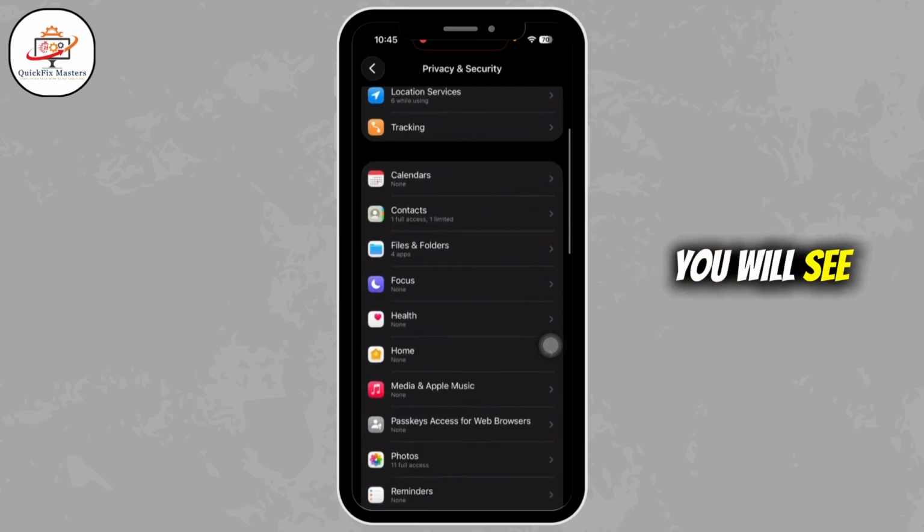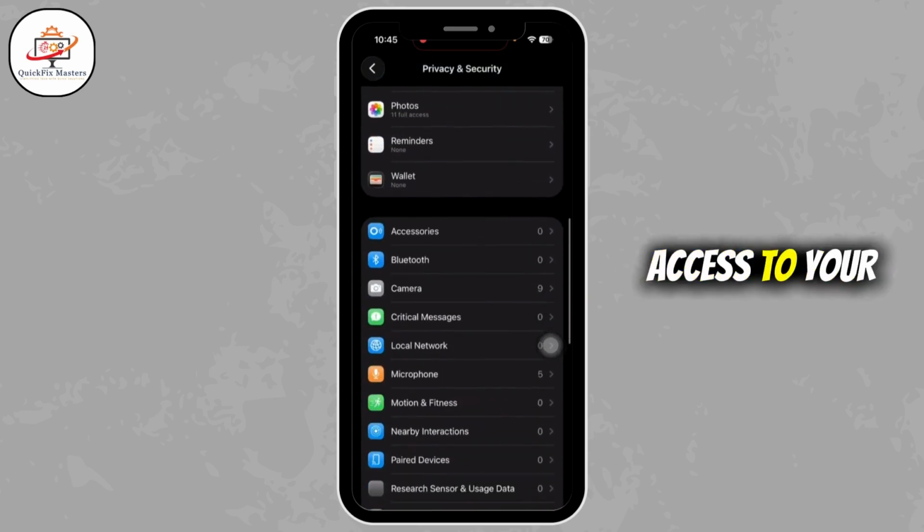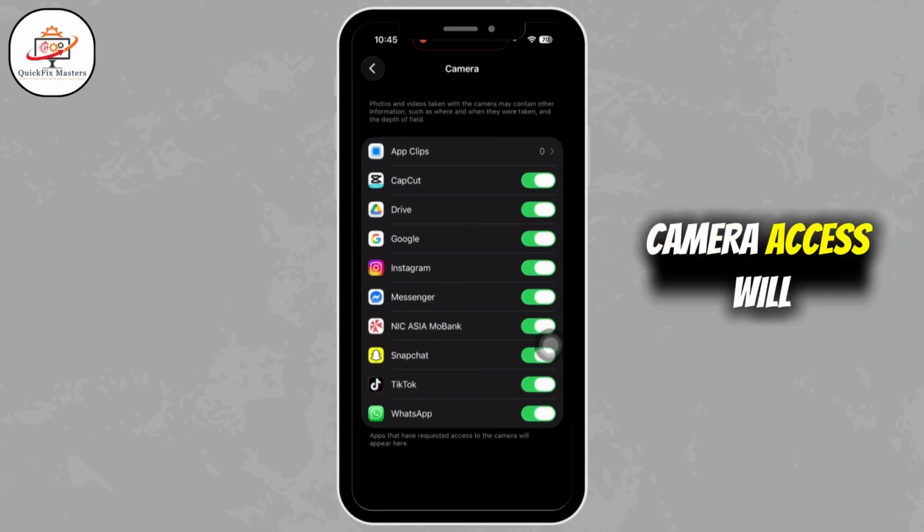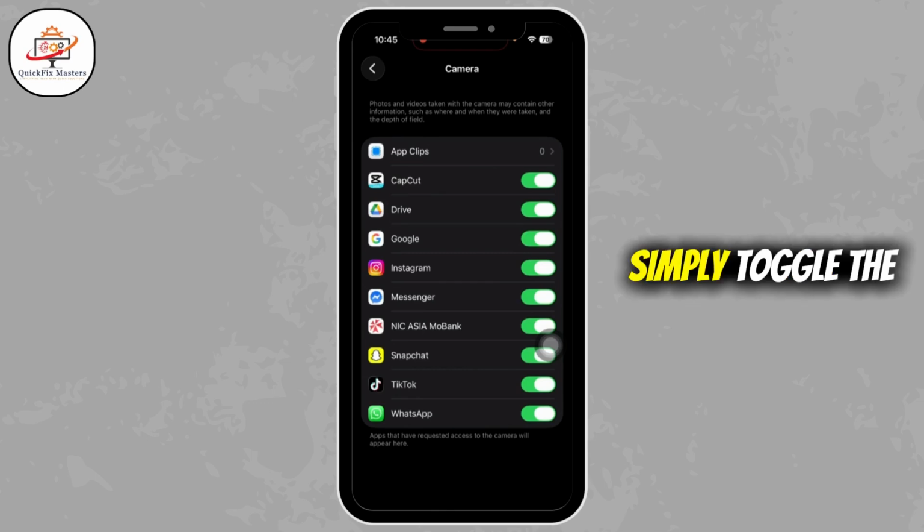In this section, you'll see a list of apps that already have access to your camera, marked with a green toggle. The apps without camera access will be grayed out. To grant access, simply toggle the app switch to green. If the app you want to grant access to is not listed in this section, you can still find it